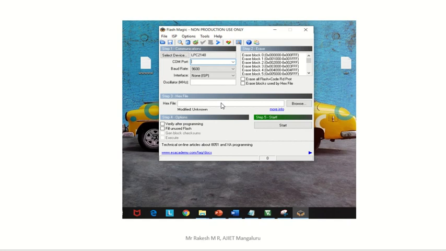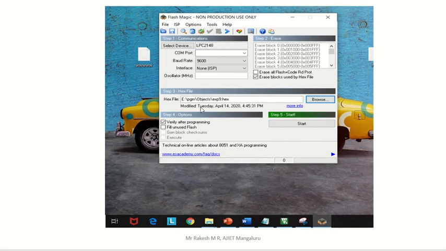The hex file extension is .hex. You have to search for that, browse that, and once you get that particular hex file, just click on open, then you will get one path here for the hex file. So, .hex extension. Once this is over, now click on start.